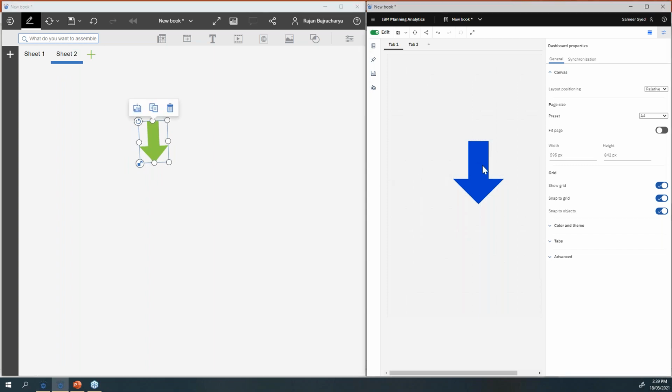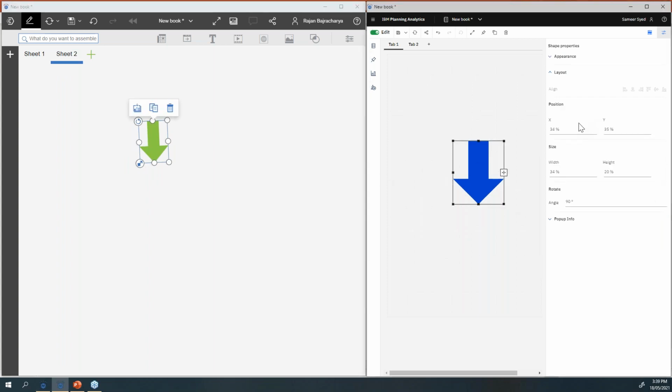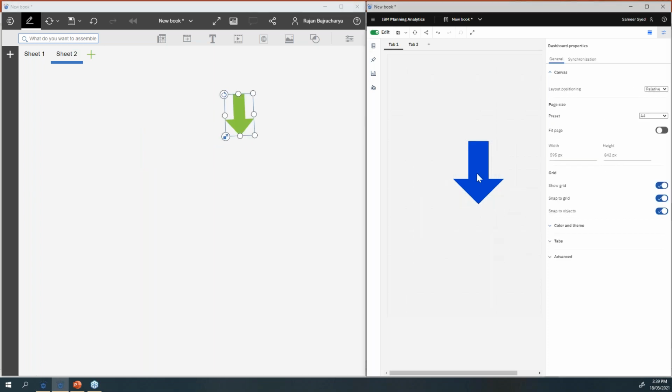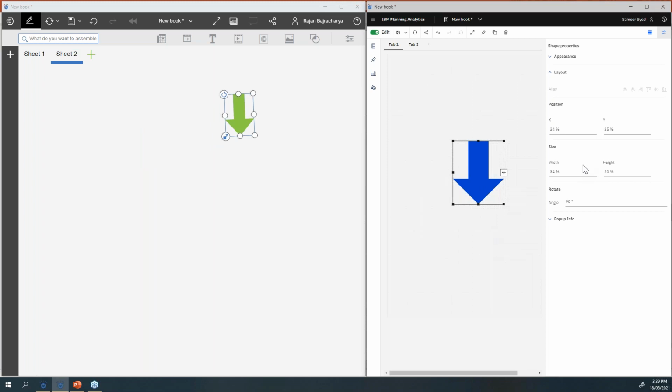So this is where it's really powerful now, with all this positioning, the sizing and the rotation, the angles. It helps you to place your icons or your views, your visualizations exactly to the spot where you want to keep them. You don't have to guess where to drag and drop, but rather you can use the properties and set up the position or the height and width of your objects.